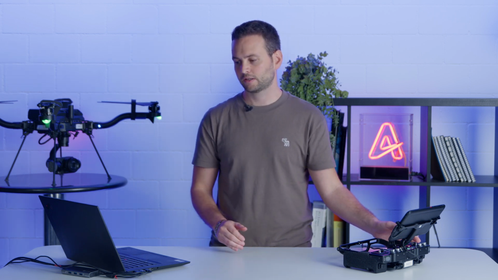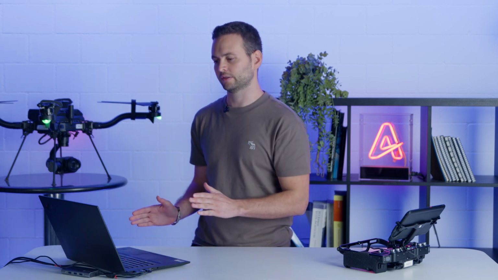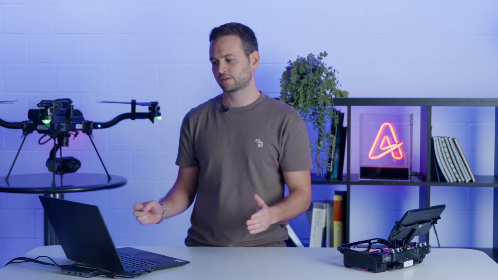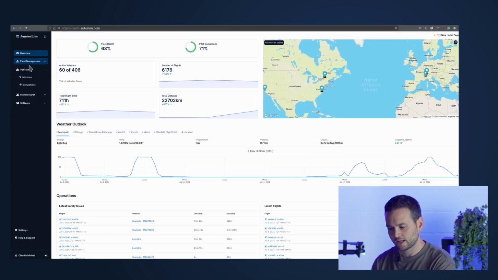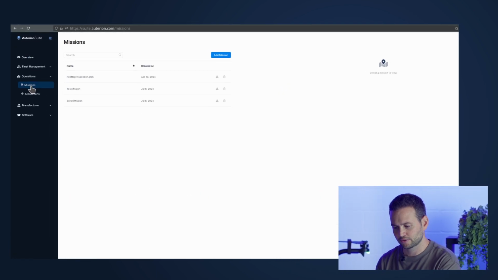The last feature I want to talk about today is more on the operational aspects of a feature offering that we have in the Suite. And this is Mission Cloud Sync. In this case, for example, you can plan a mission from your laptop and then have the same mission automatically synchronized on your ground station. And you can see, for example, the missions that have been uploaded to the cloud by navigating under the operation menu to the mission